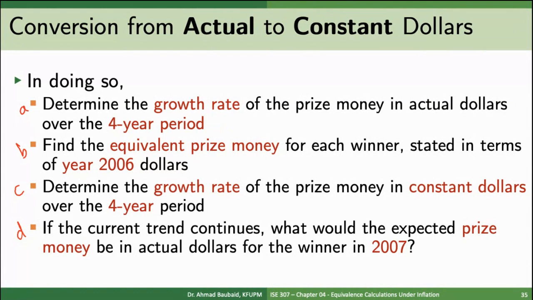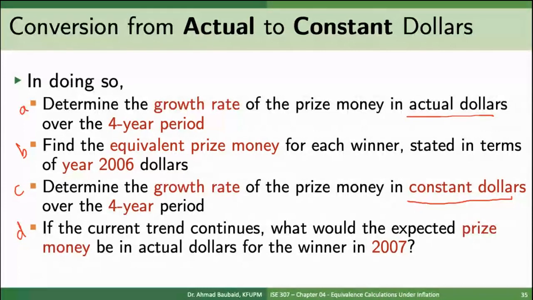And then after I find the equivalent prize money in 2006 dollars, I need to find the growth rate of that prize money. So now it's in constant dollars, not in actual dollars, right? So I need to find two growth rates. How much is the prize growing in actual dollars, and how much is it growing in constant dollars